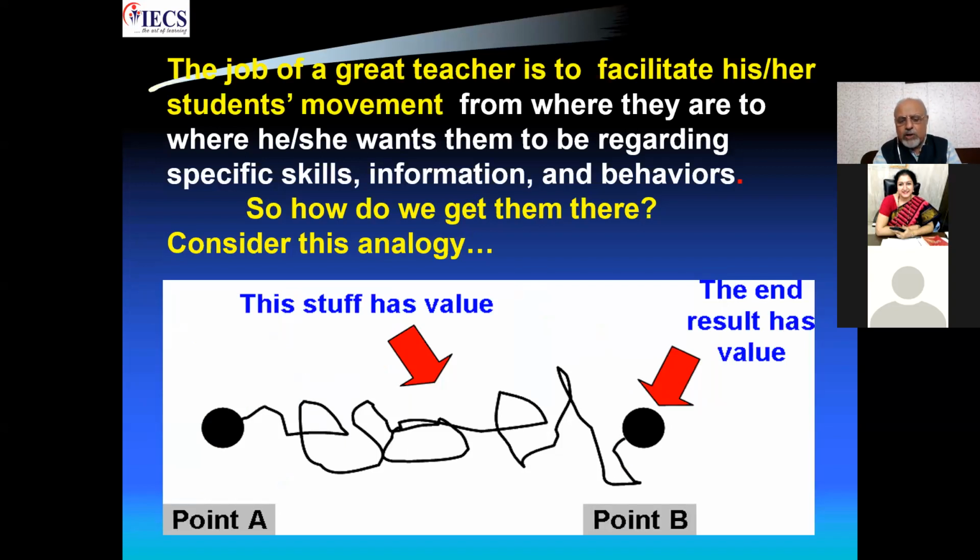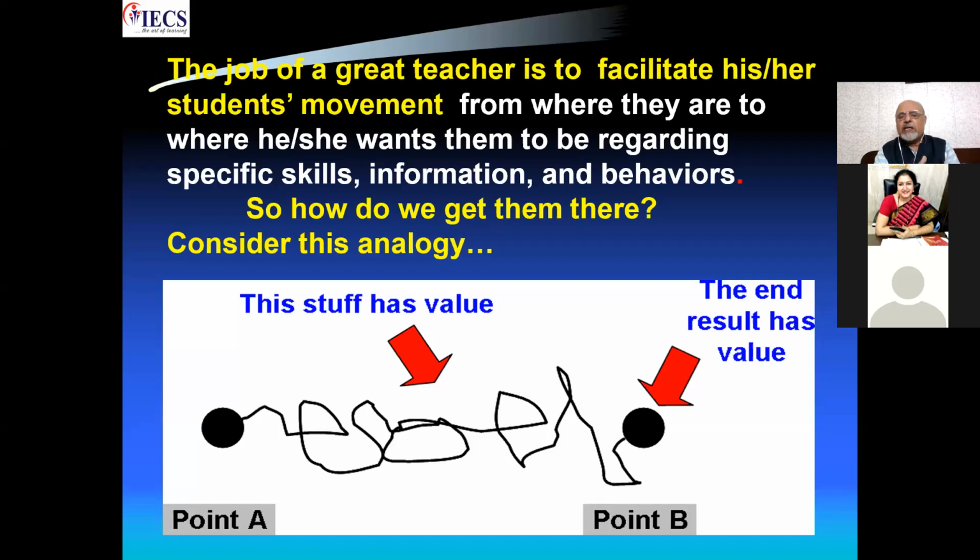There's a black spot here, which is point A. We have to carry our child to point B. And the path is not so easy. It's quite circuitous. It's quite difficult. We will have to come across certain obstacles. Actually, removing these obstacles is known as facilitation. That's why we call a teacher a facilitator, because he removes the obstacles that come in the path of learning